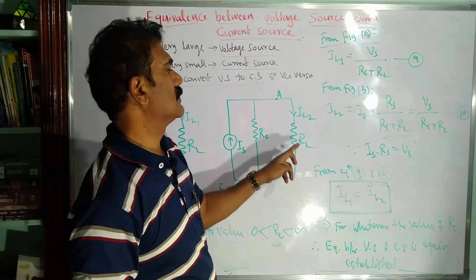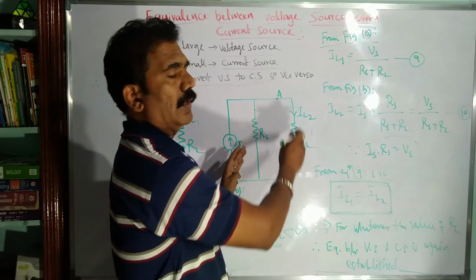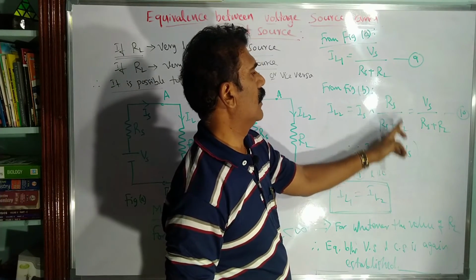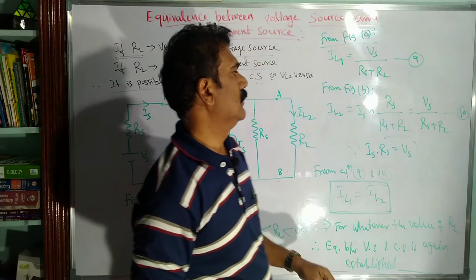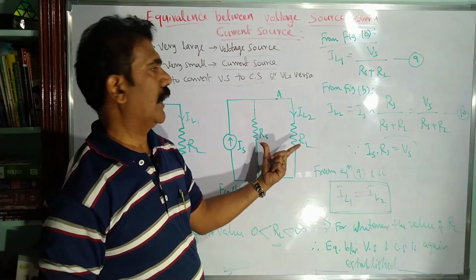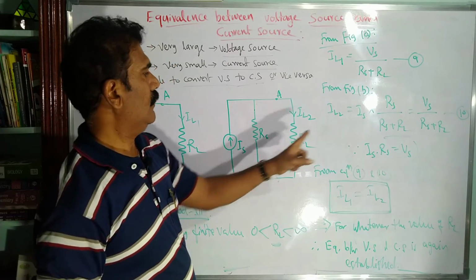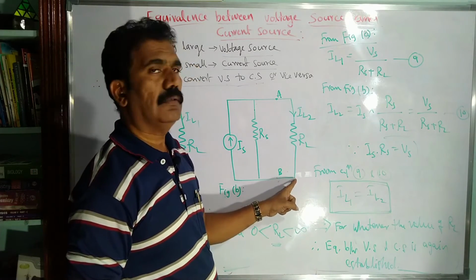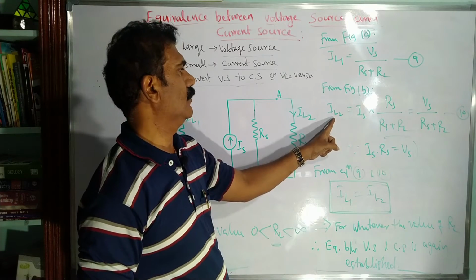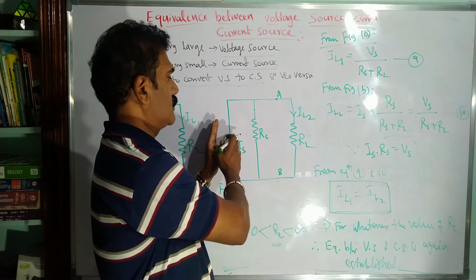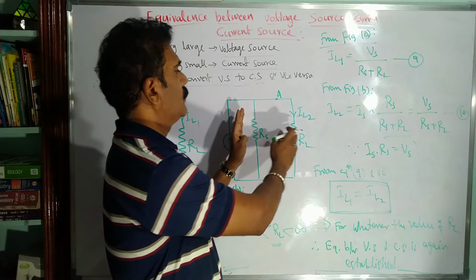Total in the sense here, in the entire loop. Even though they are parallel, this should be the ratio, Rs divided by Rs plus RL. That is the method of calculating the current in any given resistor in case of a current source. So we need the current through RL, that is why IL2 is equal to Is into, you consider the current obtained from the source first, into the ratio you have to consider, isn't it?